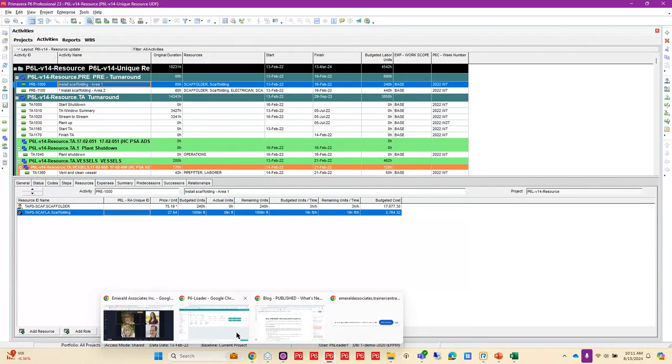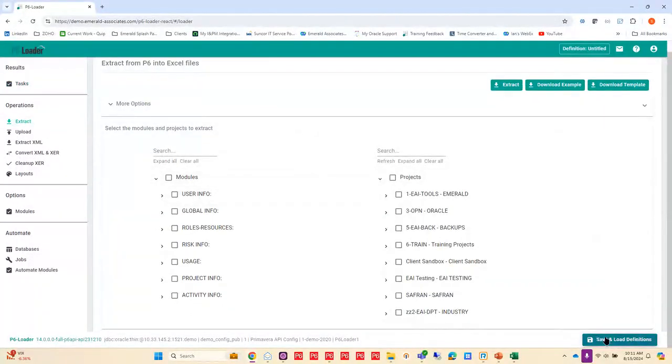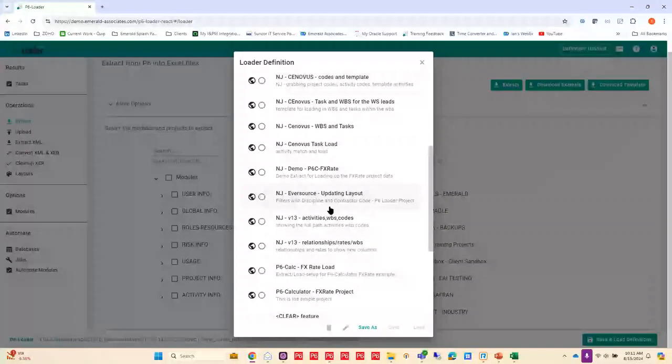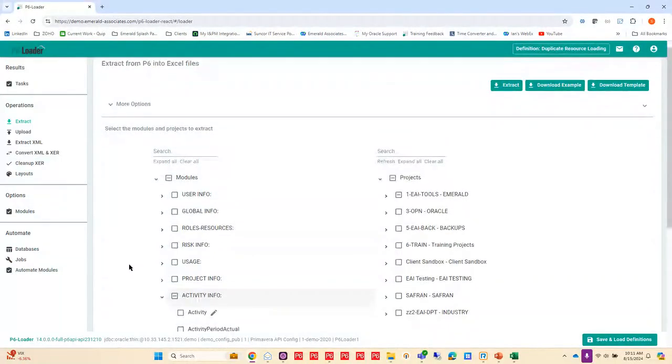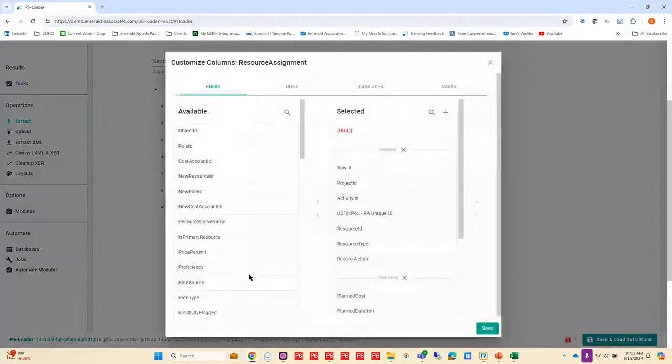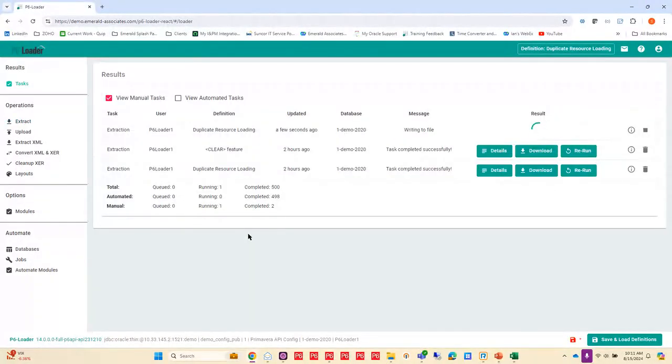But if I go into P6-Loader and I extract, I actually have a definition, which if you have not used definitions, they are pretty handy. And that definition is just going to pull out the pieces that I want to look at. So I've got my ID, my unique ID, my resource, etc., that's going to pull out with that. And I'm going to pull it out from that project that I just showed you. So when I extract and I open up that file,